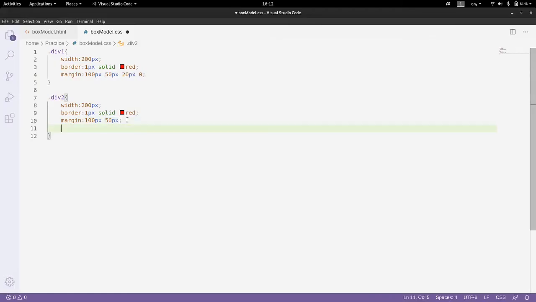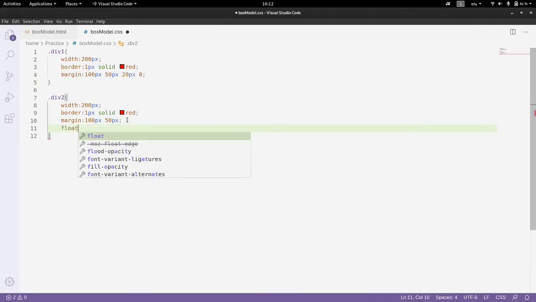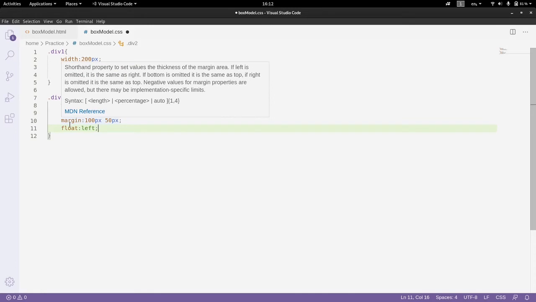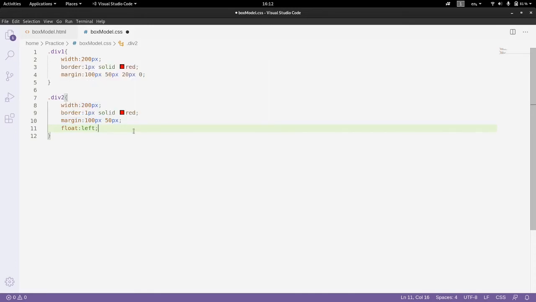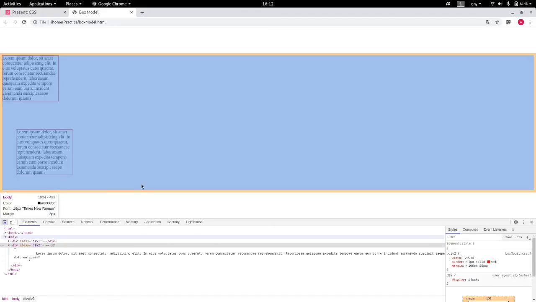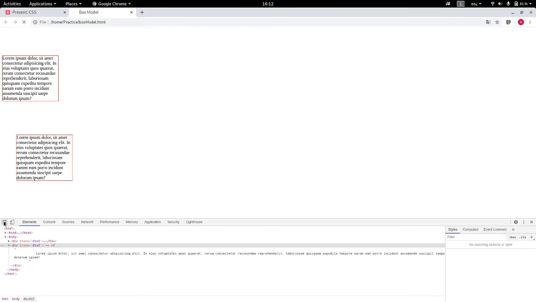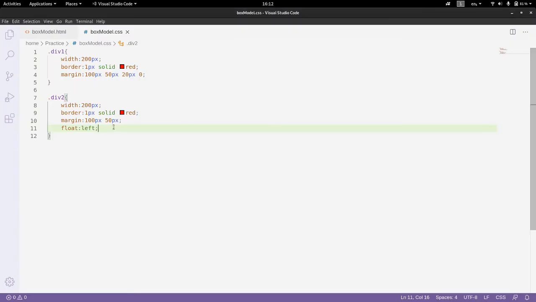Let's use another property called float and just write left in this. So what this will do is the div tag with the class div2 will come on the right hand side of the div1 tag. Just refresh this page. Okay, so this is not happening, so we will have to use float left for this one too.